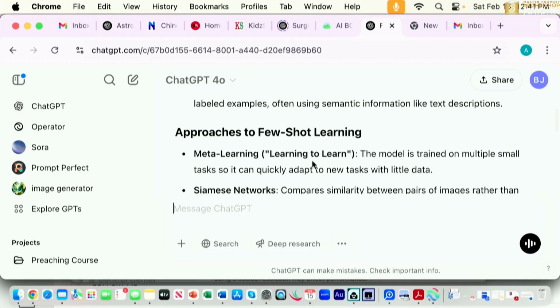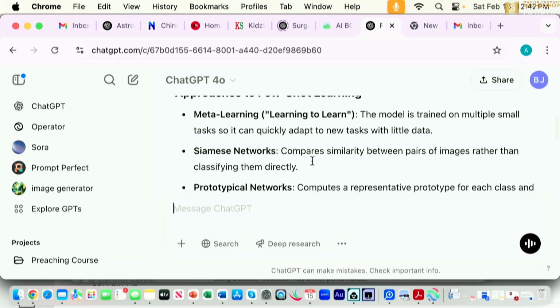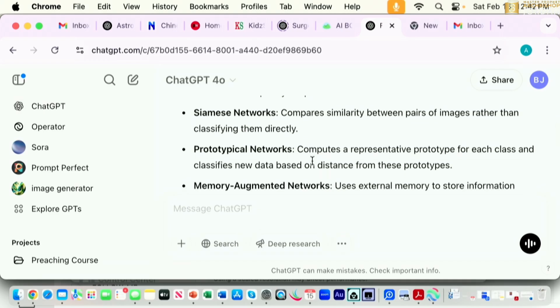All right. Now, approaches to few shot learning. Meta learning, learning to learn: the model is trained on multiple small tasks so it can quickly adapt to new tasks with little data. Siamese networks compare similarity between pairs of images rather than classifying them directly.